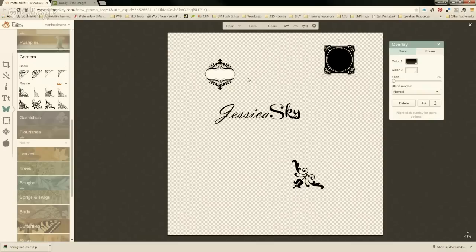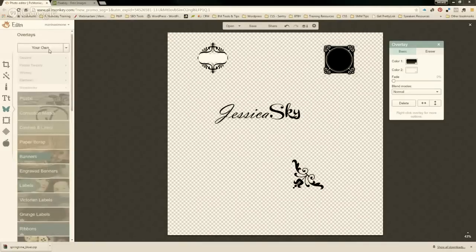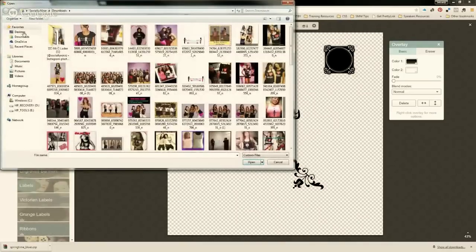So one way we can do this is I can change the color here. And if I have a picture that I'm going off of and I don't know what color it is, I can choose my own overlay. So I'm going to go to the top, go to your own, and